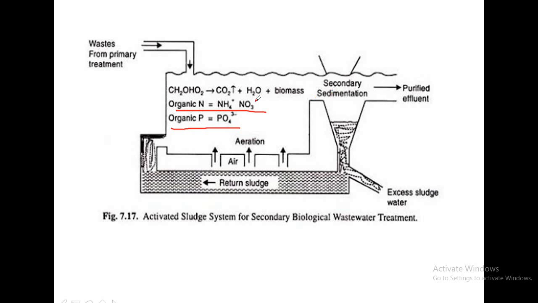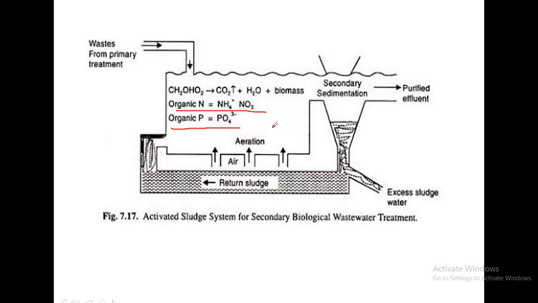So the same thing is being shown here. This water is taken for a secondary sedimentation, because in the primary treatment sedimentation was done once, and now it is taken for the secondary sedimentation. Then all the sludge that gets settled down, the excess sludge, is used for manure or may be disposed of, and a small amount of the sludge is taken back to treat the fresh batch of sewage. Now this purified effluent still contains some ammonium salts, some phosphates, etc.